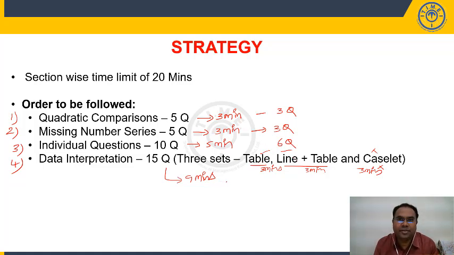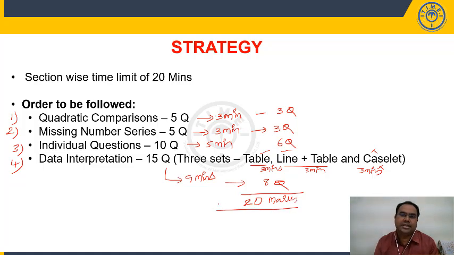So 9 minutes of time, I am saying out of 15 questions you can easily score another 8 questions. Now I'm picking up the lower side of the marks, right? I'm picking up the easier side, whatever are easy questions that are present in the paper. If you identify those and solve in 20 minutes of time, you can easily attempt 20 questions, you can easily score 20 marks in the examination.